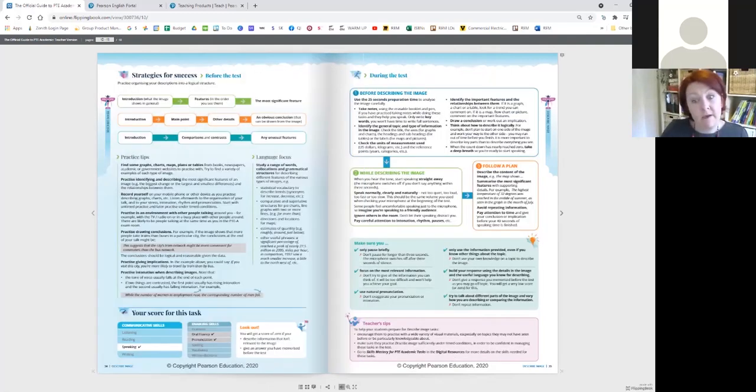Then we have the main bulk of the task type section, and this is split into two different parts. So here at the top, I don't know if you can see, there's a little icon of a person with a book. And here's a little man who's running. He's not running away from the test. He's running through the book. So the idea is that throughout the book, there's two tracks.